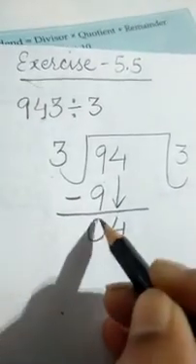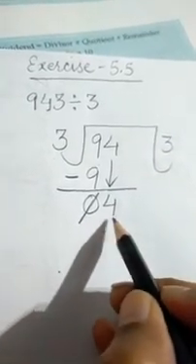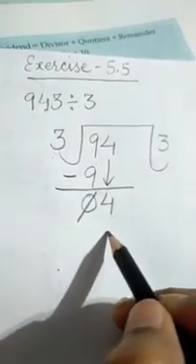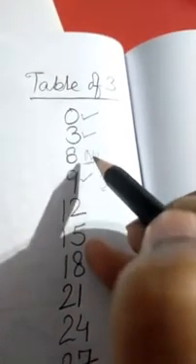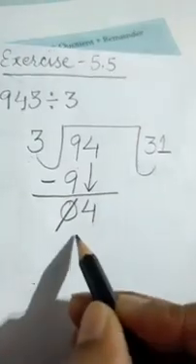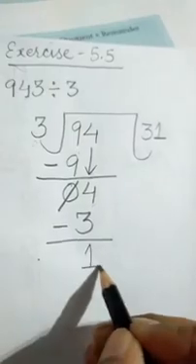Here is 4. We will ignore this number, this 0. Yes, now 4 is there only. Now 4 is to be divided by 3. Under 4 we have to write a number smaller than 4. Yes, here you can see 0 can be written under 4, 3 can be written under 4, 6 cannot be written under 4. So where we get a number that is too big, before that number we will write in the division. So here we will write 3 ones the 3. Yes, 4 minus 3 when we will do, we will get 1.